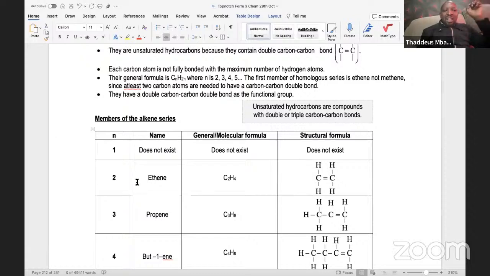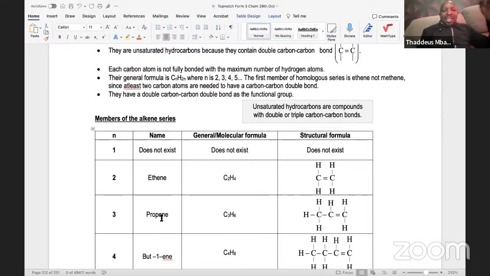So the first member of the alkene series is ethene, whose general formula, CnH2n, applies with n being 2, because it has 2 carbon atoms. So it will be 2 times 2, which is 4. And the formula of it is this, as shown there. This is CH2 with a double bond there. After putting the double bond, this carbon atom already has 2. So they are remaining with 2 bonds. Remember, each carbon atom has 4 covalent bonds. So here there is 1, 2, 3, 4. The same with the other one.